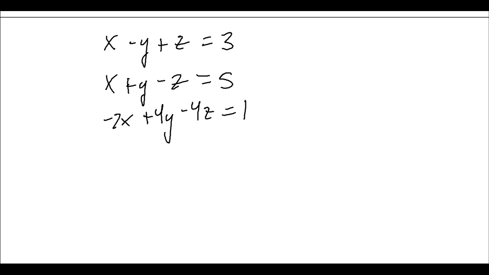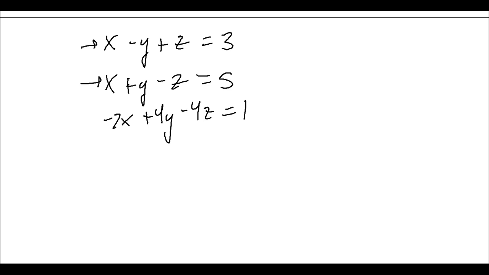Alright, so now I want to look at this system of linear equations, and I'm going to solve it by adding equations to each other to try and eliminate a variable. So I'm looking at these two x's here, and I think that if I subtract one equation from the other, then I'll be able to eliminate an x. So let's see, let me just subtract,